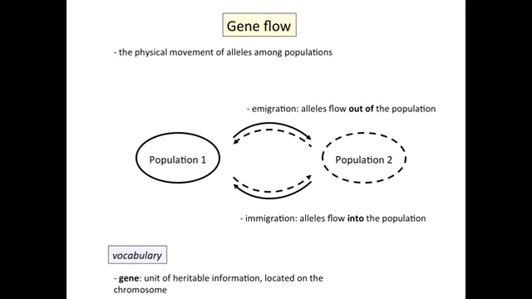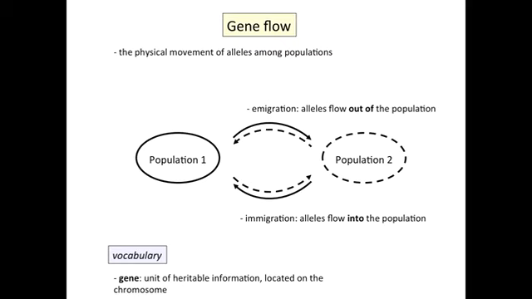Here we go. The first characteristic feature of microevolution that we want to talk about. Microevolution is the area of evolution where we are talking about the change in allele frequency in populations over time. The first feature of microevolution that we want to talk about is called gene flow. As I mentioned earlier, we already talked about natural selection. So the first feature of today's presentation that we want to talk about that affects allele frequencies in a population is gene flow. What is it?